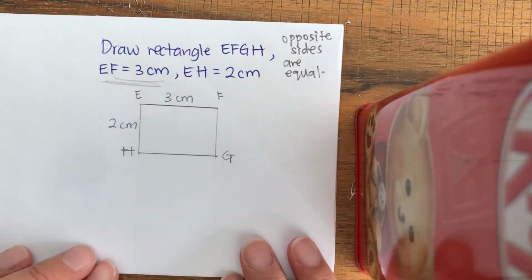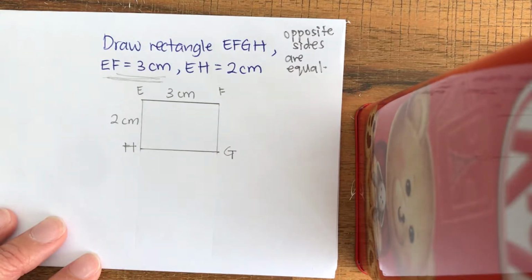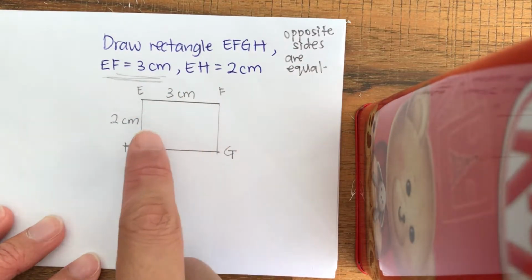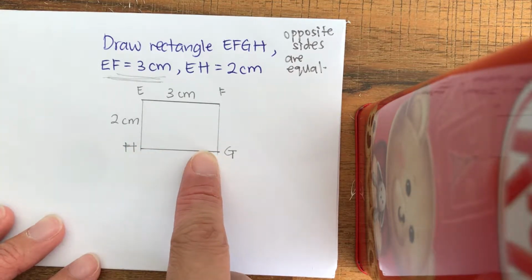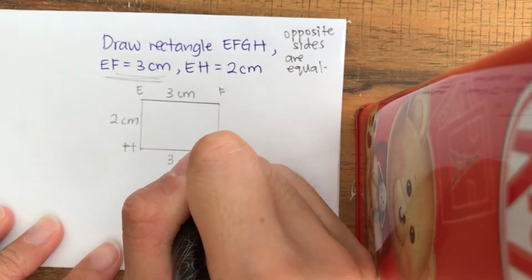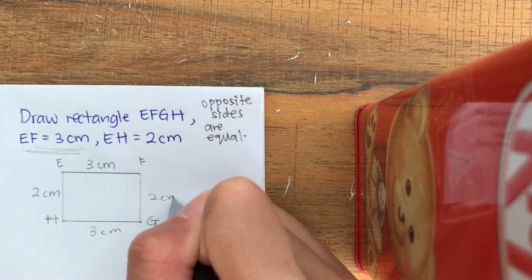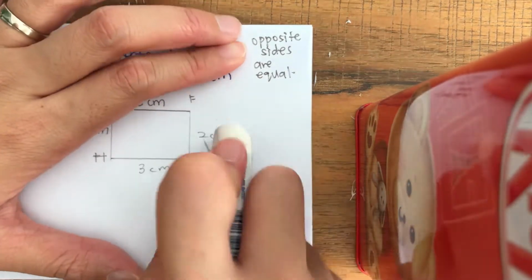Now I have my rectangle EFGH, right? So let's go back to the property. Opposite sides are equal. So if EF is 3 cm, HG or GH must also be 3 cm. There are two ways you can go about doing it. First way is you can write down 3 cm. Opposite sides are equal, you can write down 2 cm. That is one way. Or the second way would be